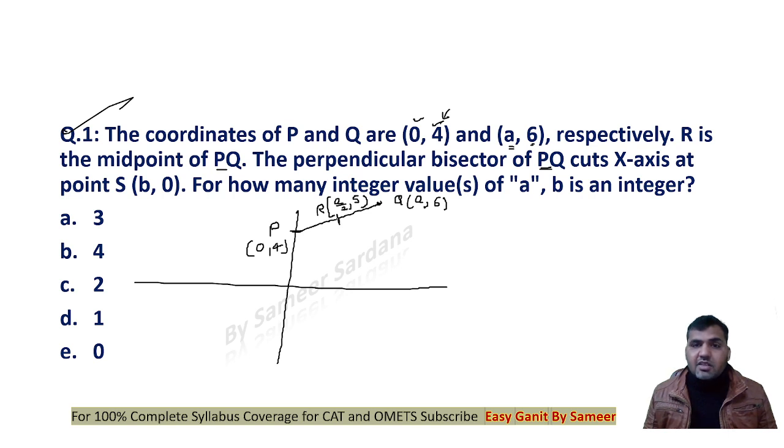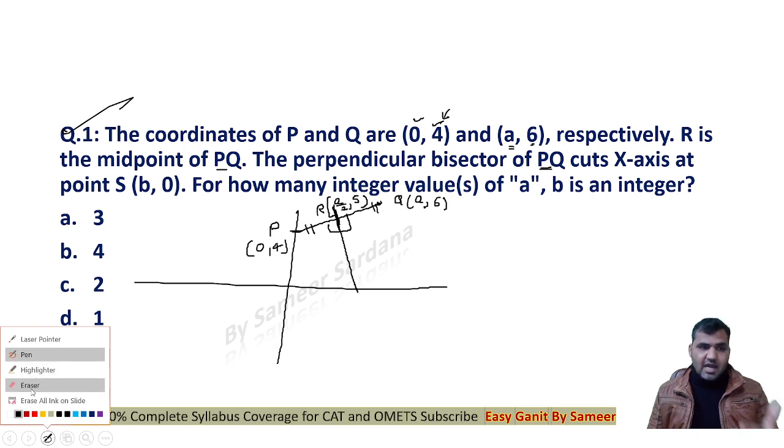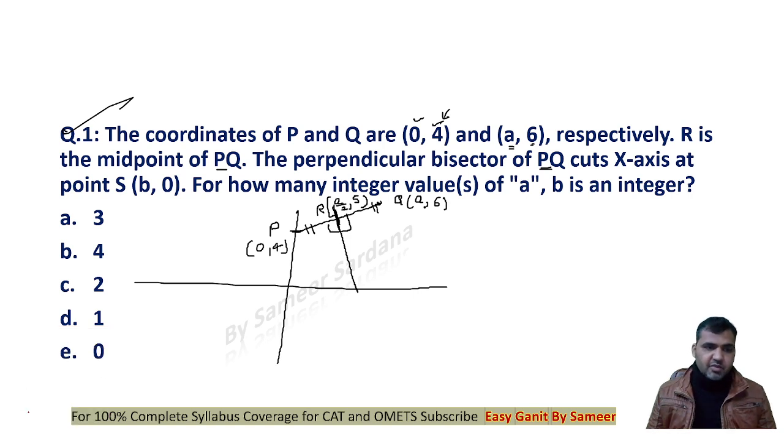Now the perpendicular bisector of PQ cuts the x-axis at (b, 0). Now you are taking a perpendicular bisector of PQ, and it is cutting the x-axis. That means it will pass through the midpoint. If it is a perpendicular bisector of the line PQ, it must pass through the point R, because R is the midpoint. Now this is cutting the x-axis at the point S, and the coordinates of this point are given to me as (b, 0). Now we are supposed to find for how many integer values of a,